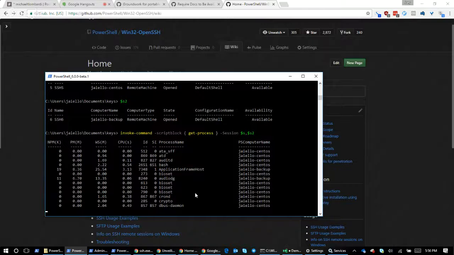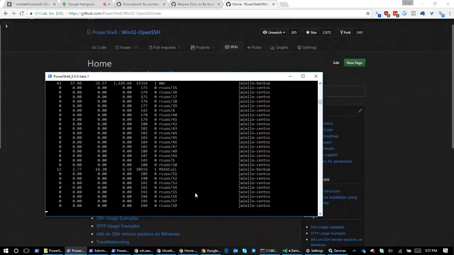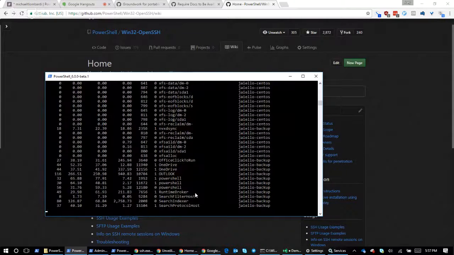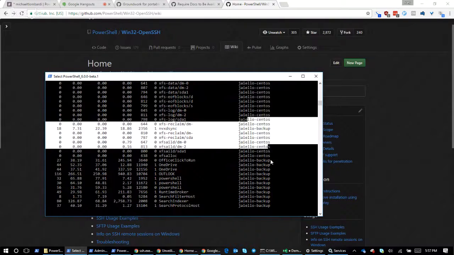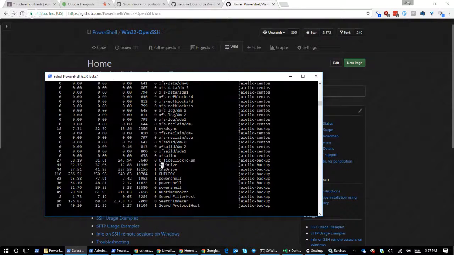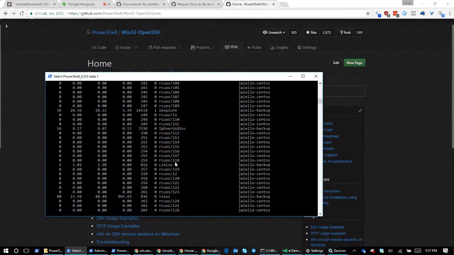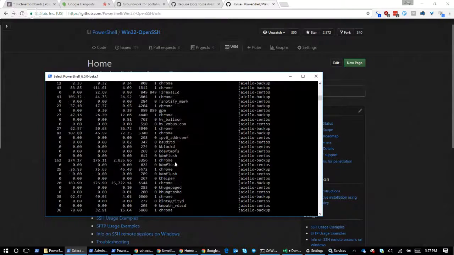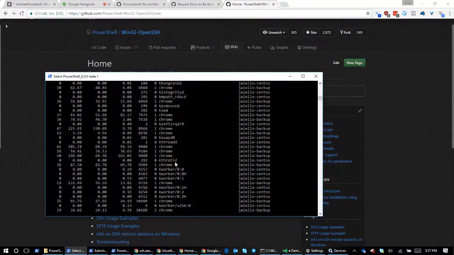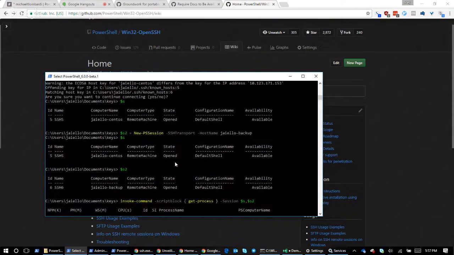And I can run processes against a Windows and a Linux machine in the same invocation. You'll actually see these are mixed in right here, CentOS and backup. I've got OneDrive running next to a bunch of XFS stuff, right? And it's all the same object. Pretty freaking cool.